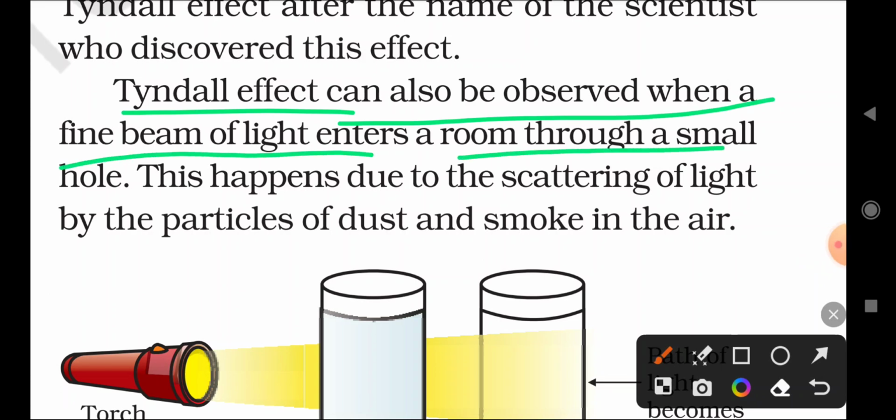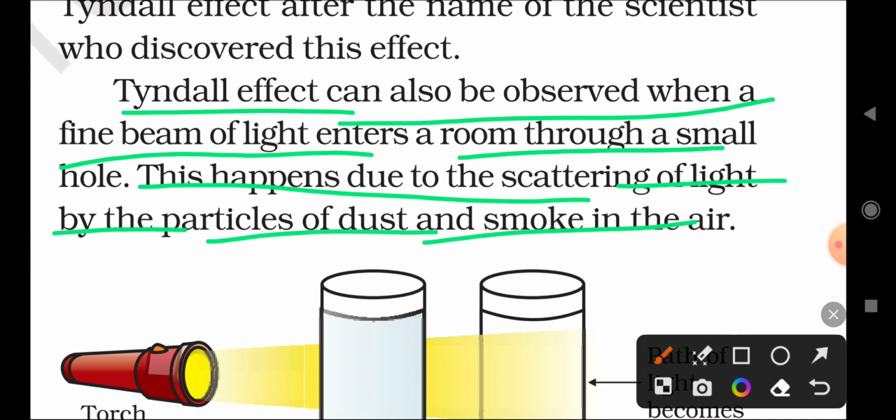We observe this several times in our home. In the early morning, light enters through a small window or a small hole in a room. That is also called what? Scattering of a beam of light. It is a good example of scattering of a beam of light. This happens due to the scattering of light by particles of dust and smoke in